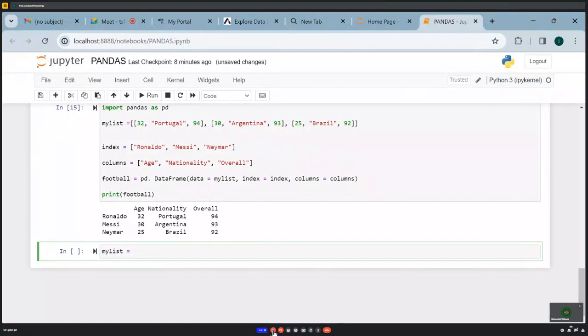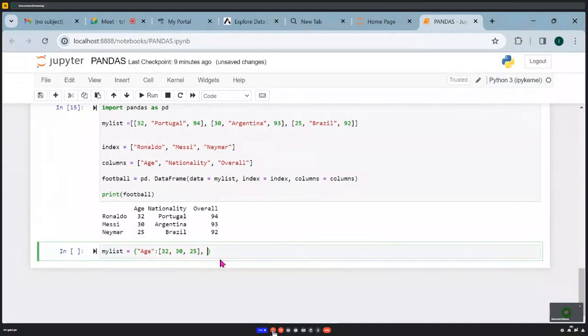They'll create a dictionary. So they'll have the age, then you place a colon, then you insert the ages. So the ages were 32, then you had 30, then you had 25. Then comma, then you go to the next